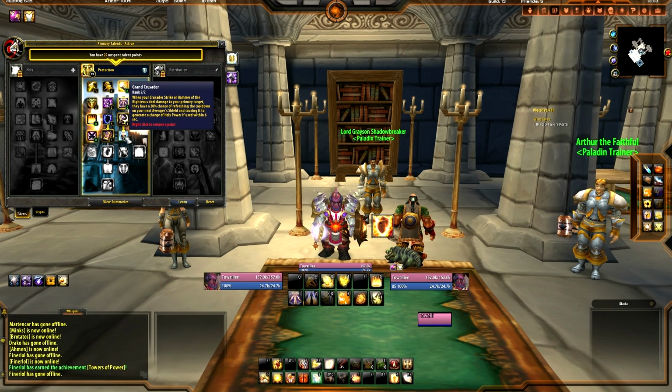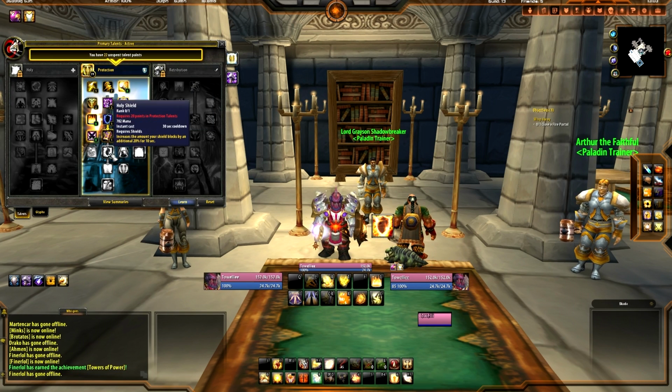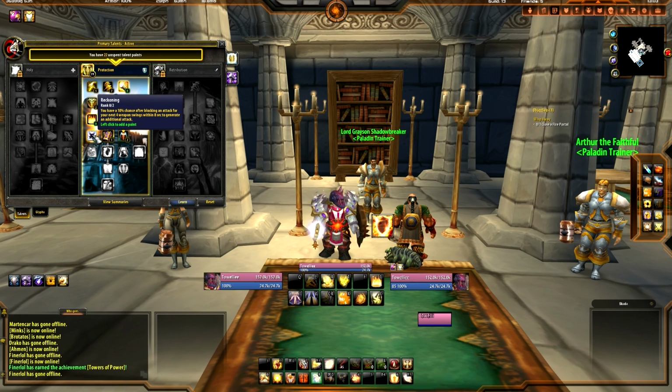Ever since they made those changes, Grand Crusader is a big chunk of your damage. Now, Reckoning. In order to get to the next tree, you want to put a point into Reckoning. You have a 10% chance after blocking an attack for your next 4 weapon swings within 8 seconds to generate